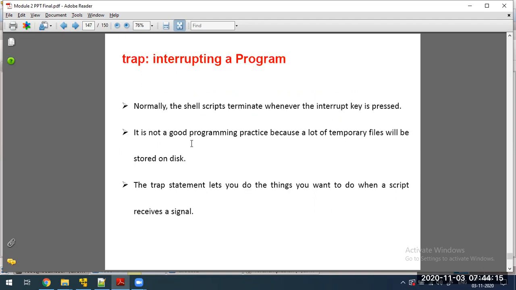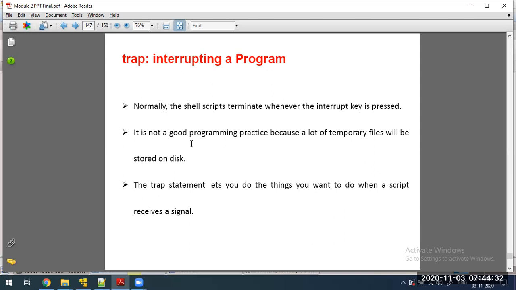The last command in this chapter is the trap command. See, the trap statement: we actually know about these interrupts that you have learned in the C language.